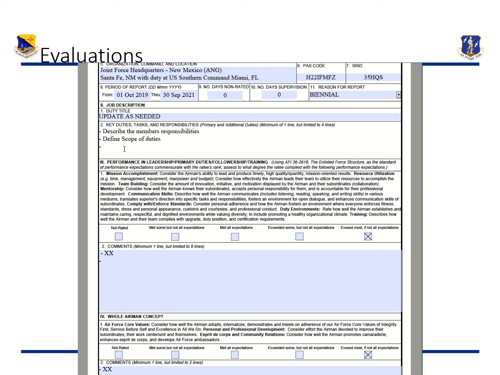And honestly, the more descriptive you can be and the more specific you can be about things, the better it's going to help whenever we start writing the performance at sections 3, 4, 5, 6, and 7. So again, be descriptive. Provide data. And last but not least, make sure that you edit, edit, edit.